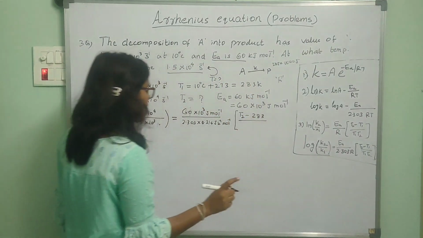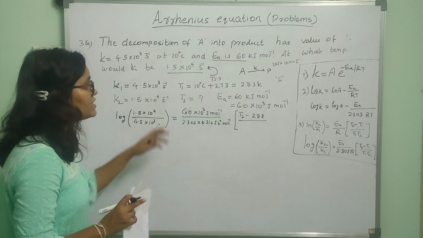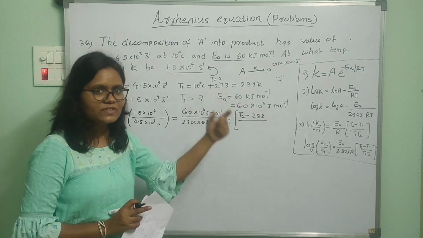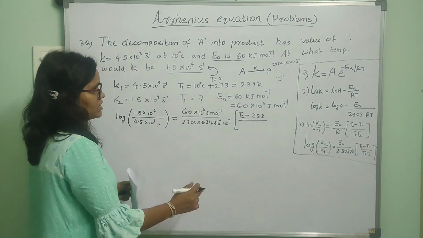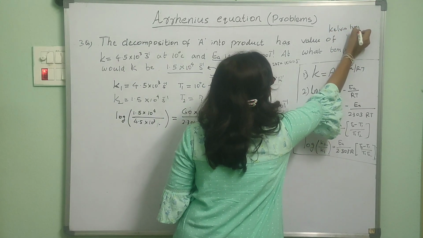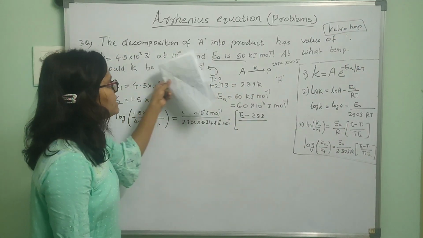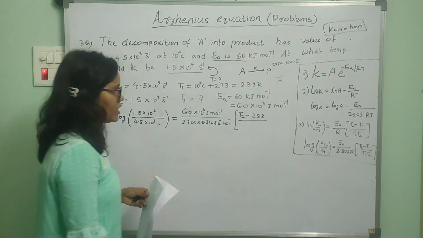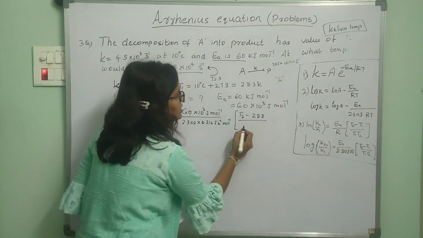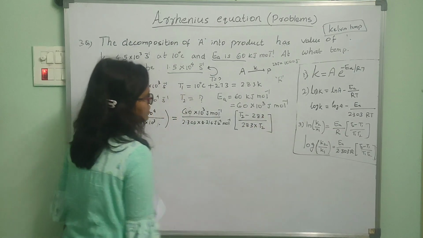So always keep one thing in mind. If you are given the temperature in degrees centigrade, you must convert it into Kelvin. And the reason why we do this, I have explained in a video which is called Kelvin temperature. So if you are interested, you can watch that video. In that video I have clearly explained why we need to always convert degree centigrade into Kelvin as we solve the problem. Okay. So in the denominator we have T1 into T2, right? We do not know T2, we know T1, which is 283. So 283 into T2.